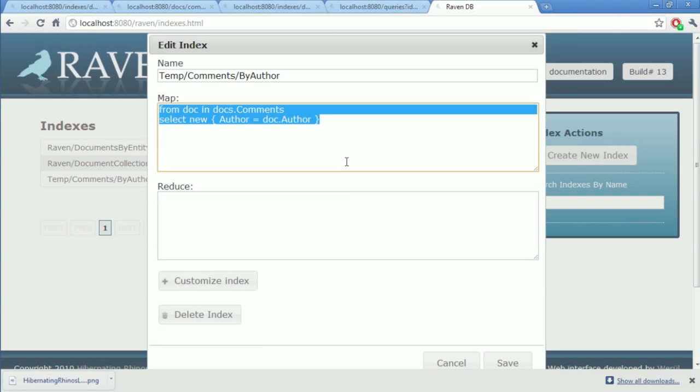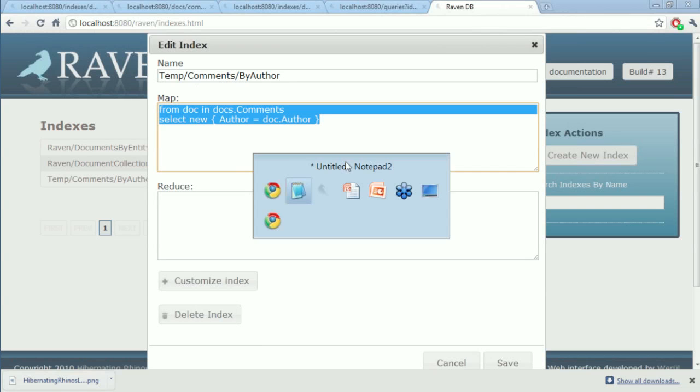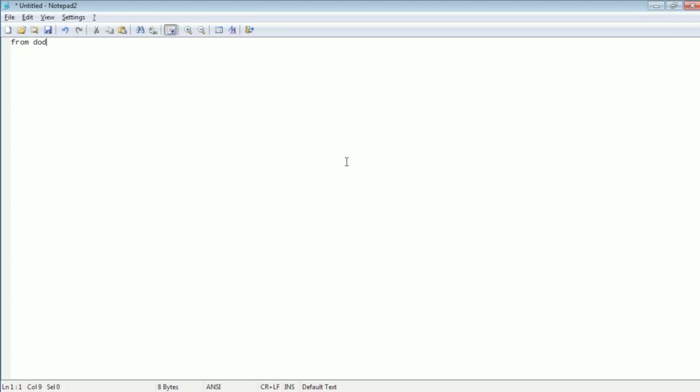Now, taking that to the next step, I can also do something like this. From, let's say, from post in docs.posts, select new. And this is the map.